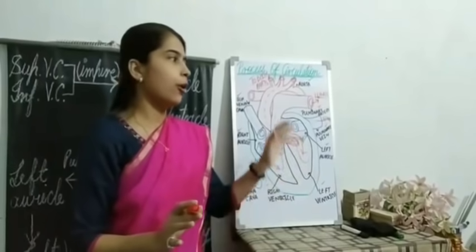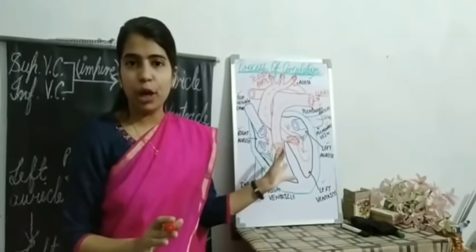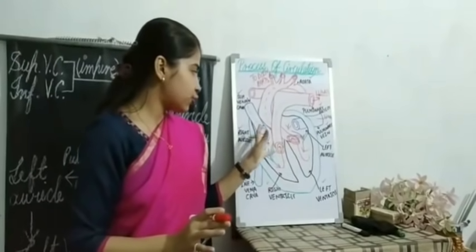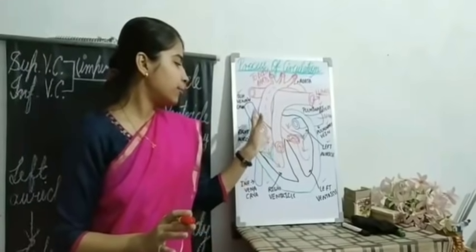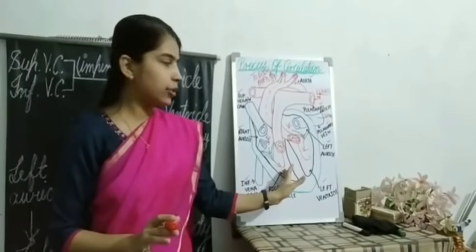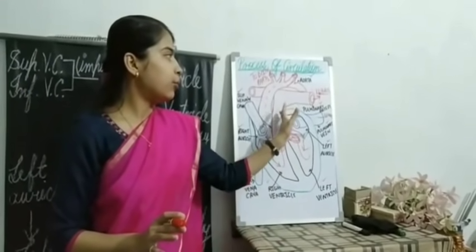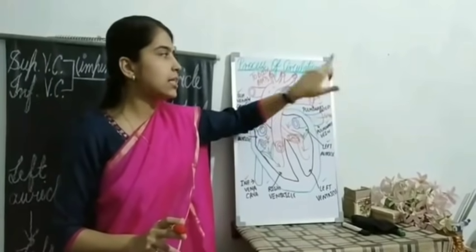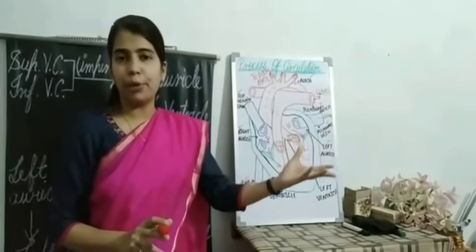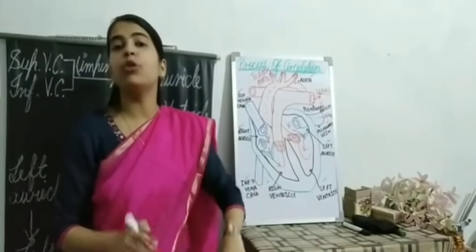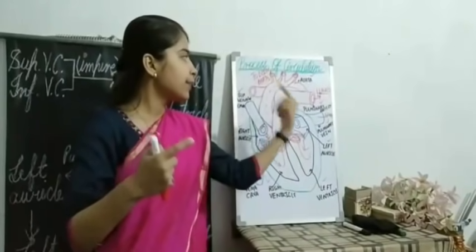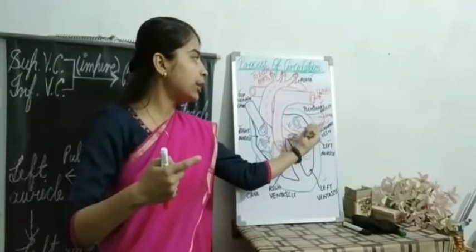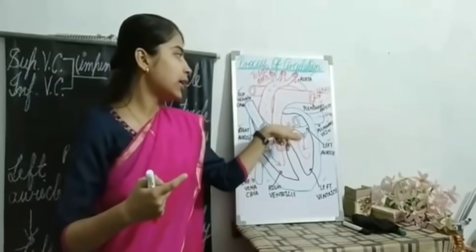That is, your impure blood will be brought to your right auricle. Okay, from here it will move to your right ventricle. Then the pulmonary artery will carry it to the lungs for oxygenation. That is, the blood will be purified, carbon dioxide will be removed, and oxygen will be added to it. Then through your pulmonary vein, the lungs will